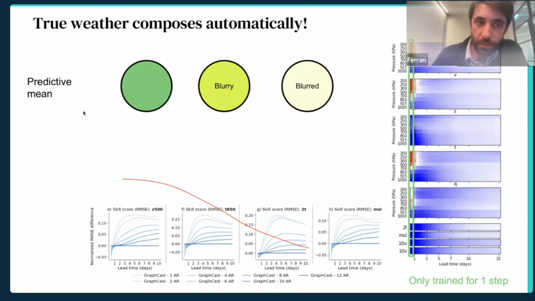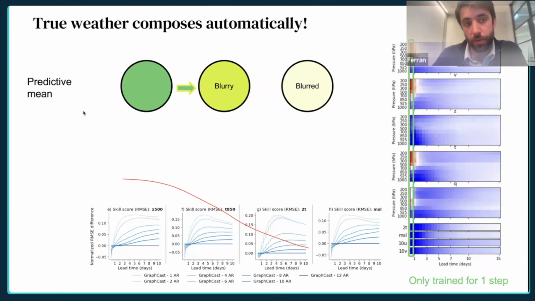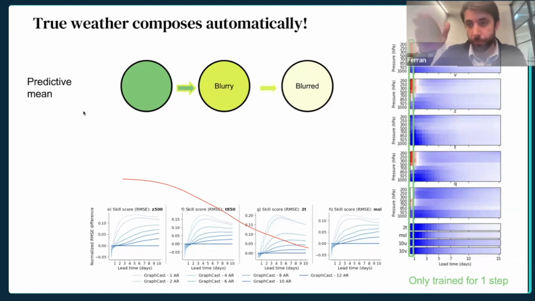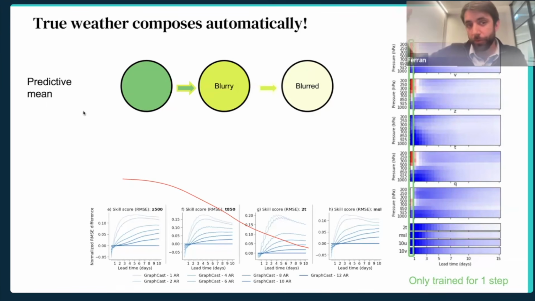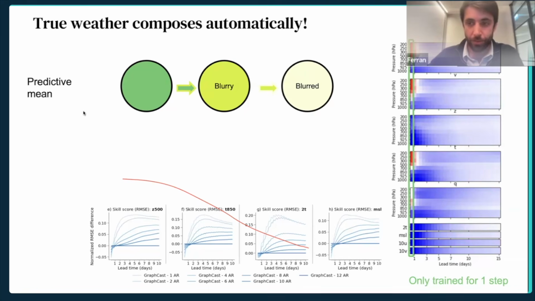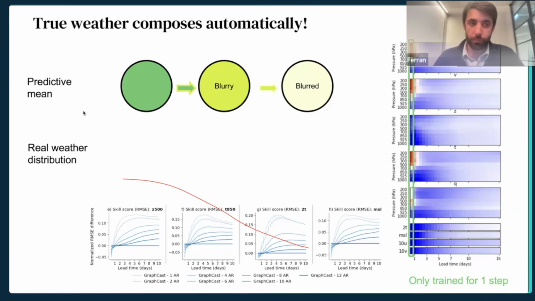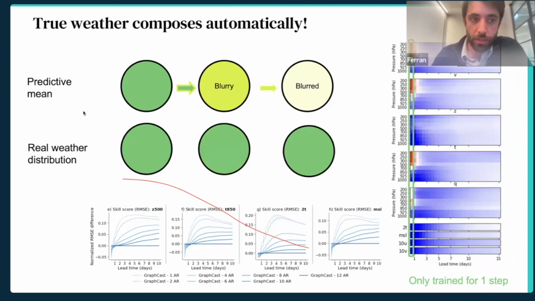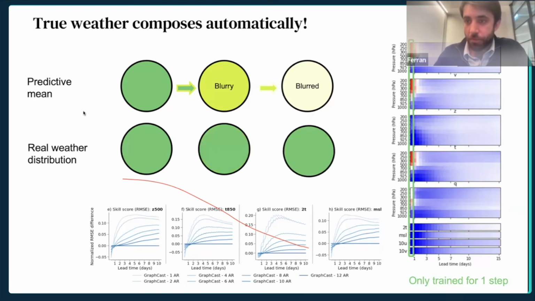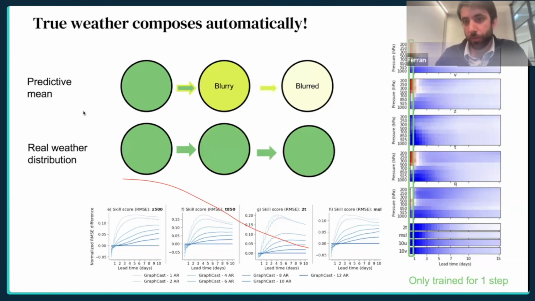As I mentioned, it keeps blurring the weather predictions more and more. So that means that the function from perfect weather to slightly blurry weather, and from slightly blurry weather to very blurred weather, really is slightly different. And so that means we cannot learn an exact function that applies every time. However, we think that diffusion, because it models the real weather distribution, always looks the same. So we can really use the same function over and over. We don't even need to train for this to be the case.